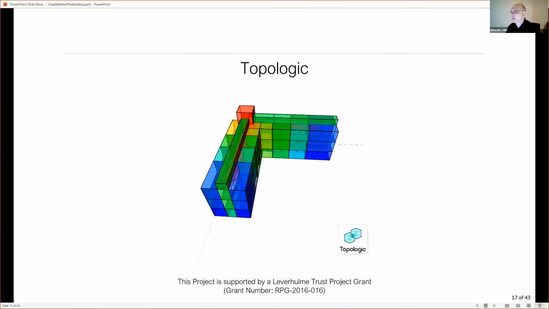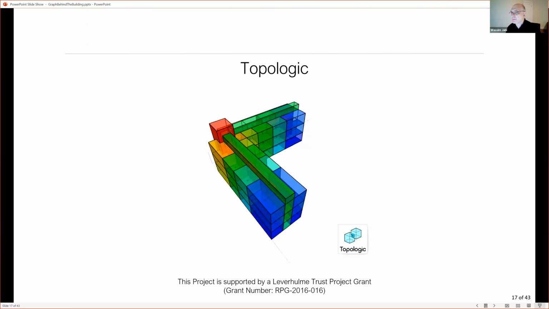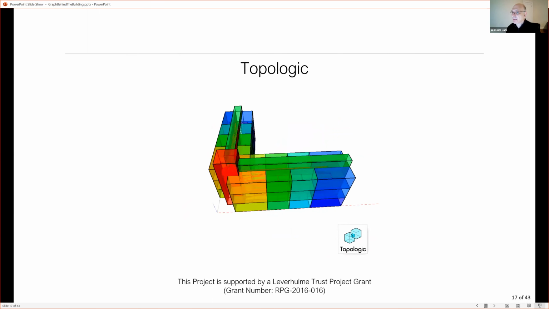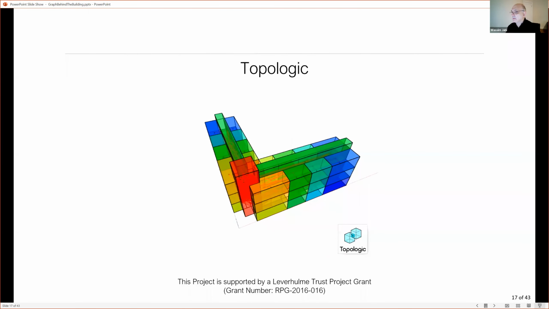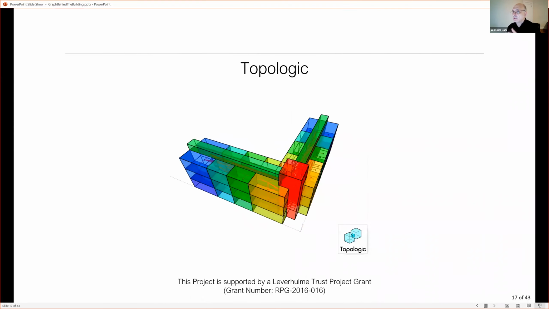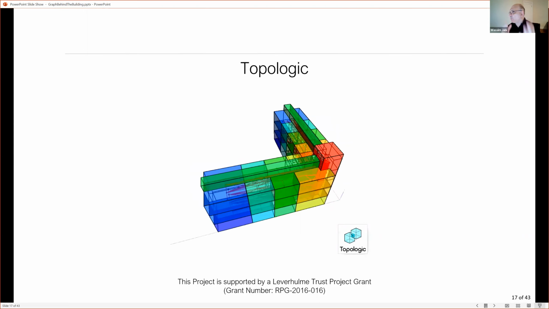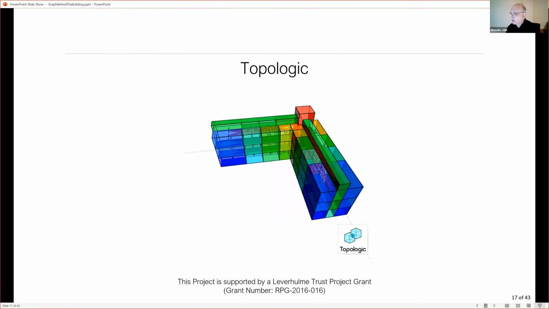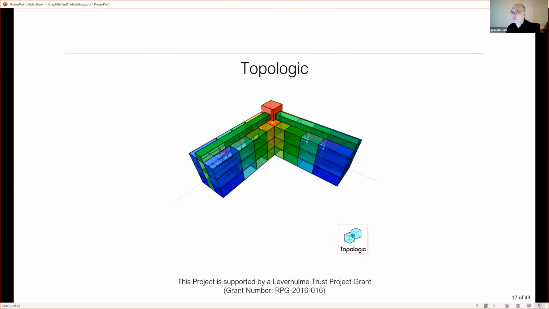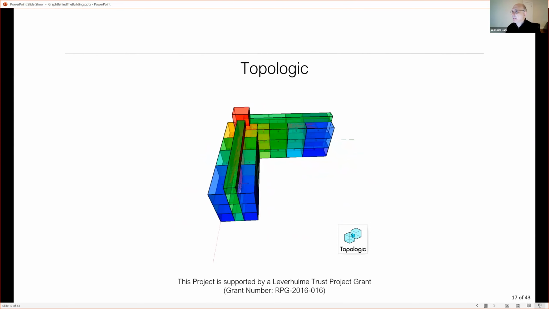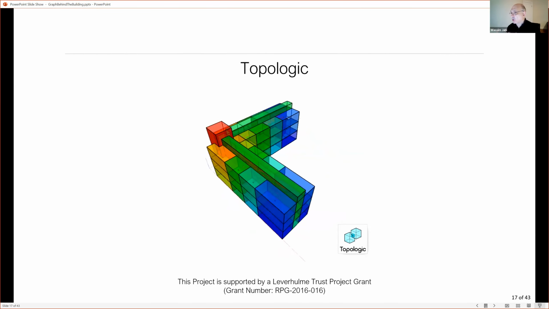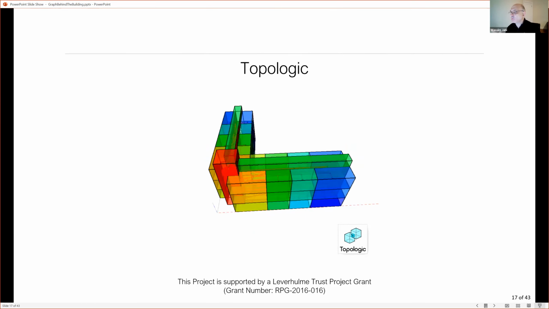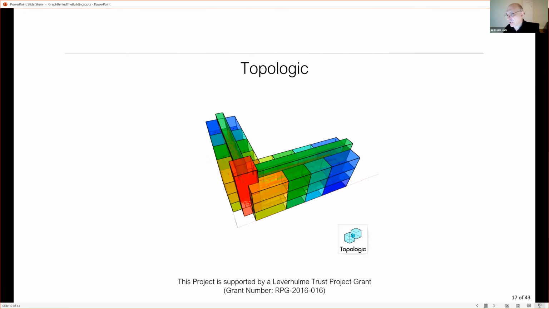So how did I get to those colors? How do I get those numbers? Because obviously behind those colors are numbers. There is that graph, that dual graph that is hovering inside that translucent building. So I basically count and do find using depth first search. I do the shortest distance from one point to the other point. You can do it by distance if you want geometry, or you can do it by topology. How many hops do you have to go through? How many nodes do you have to go through? And you can score all of that and come up with a cumulative centrality score for every space, and you color code everything. So that's one of the things that Topologic can do.